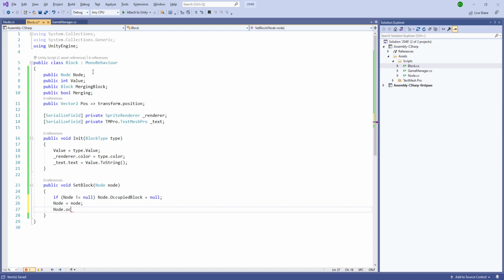And we'll do node.occupiedBlock is equal to this. So this one's for the current node. We are going to move towards the current node, and this node's occupied block is this. And let's create a public void MergeBlock, and here we are going to pass the block to merge with, and here we'll set the merging block to be blockToMergeWith,